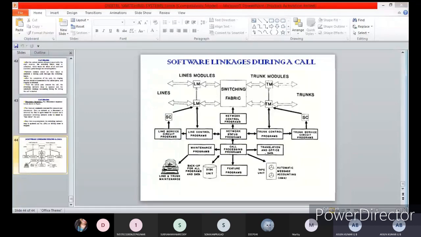Then using the outgoing trunks. The outgoing trunks are used to establish the call between the two parties through this switching network. Here, the line and outgoing trunk are constantly scanned to detect the disconnect from either of the parties. If the called party and calling party reside in the same DSS digital switch, then it is called